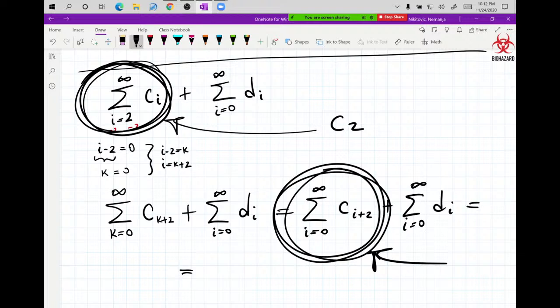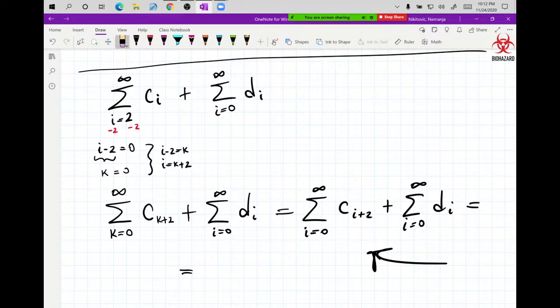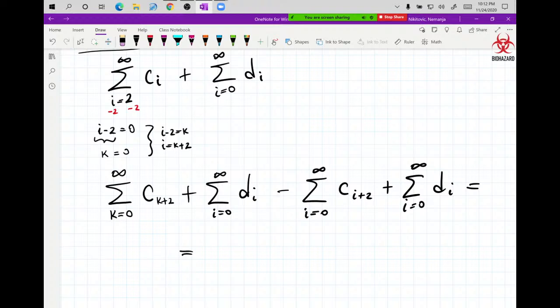Plug in 0, it's C2 again, because C of i plus 2, which is 0 plus 2. So it's the same series. You get in both series C2 plus C3 plus C4, right? That doesn't change, but they're written differently. And the benefit of that is obviously, look, I can now add these two because they start at the same value, go to infinity, and in here I have C i plus 2 plus D i,